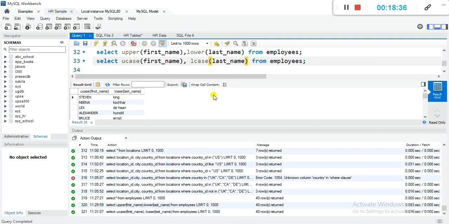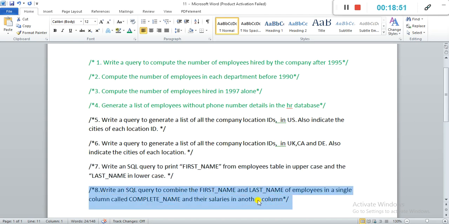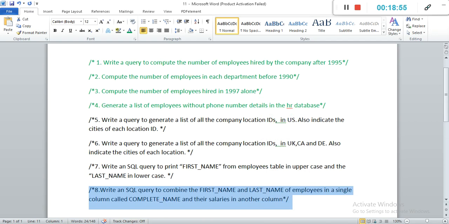So this is for question 6, I guess, or 7 rather. Let's see. Yeah, that was question 7. So let's answer the last question. I believe that will be more interesting because